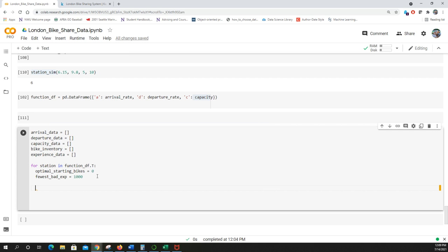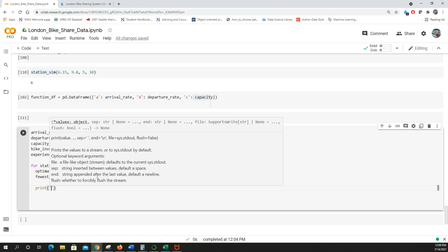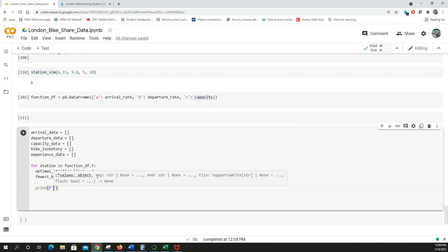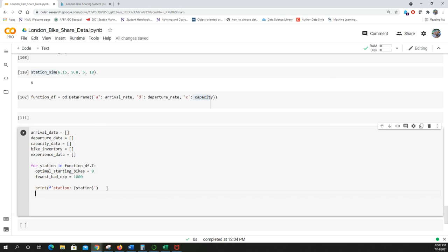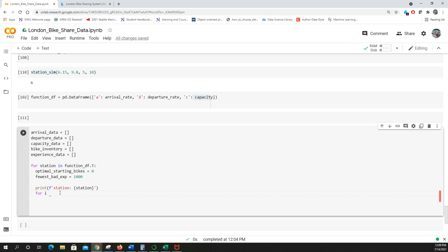And to start off, I'm going to create a quick print function here to essentially help us read along with this loop as it goes, okay? So the first thing that we're going to do is print out the station ID, okay? And then a nested loop here is going to allow us to iterate through every possible number of starting bike inventory at each station, okay? So we're already iterating through each station. Now we're going to iterate through all the possibilities for